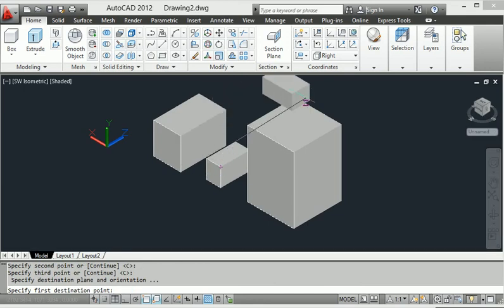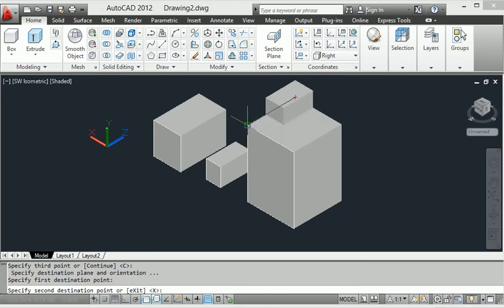Then I select the area to align to, this point and this point, and this point goes here. When I click this point, it shifts.